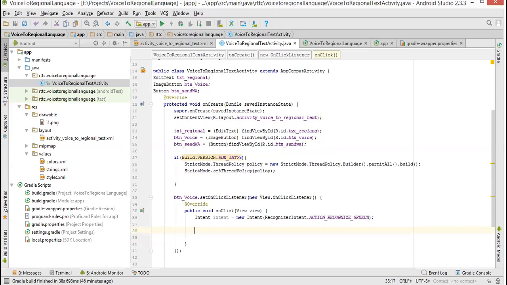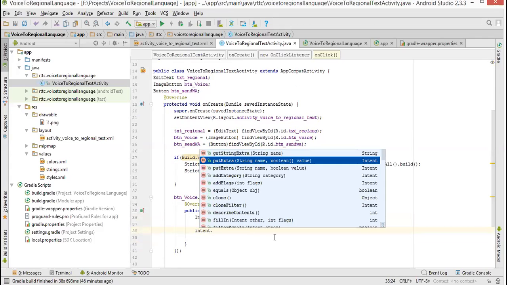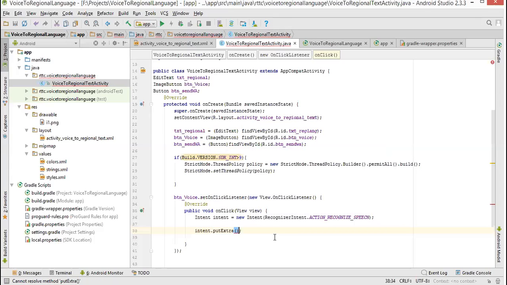So now the object for this intent is this one, small intent. As I said, it will carry some data also. Intent can carry data. How? Intent dot putExtra. In this putExtra, I will put two arguments.